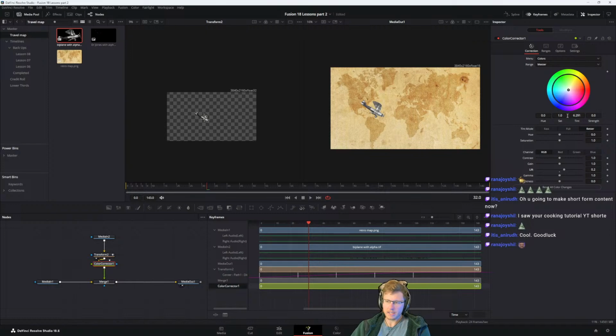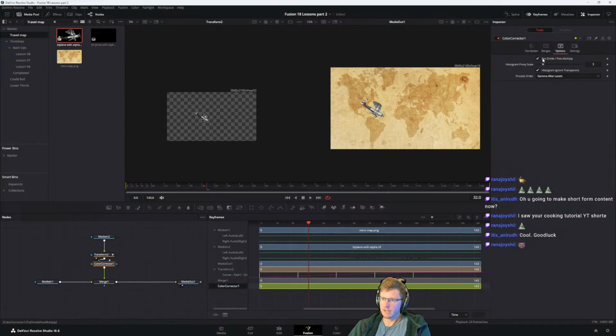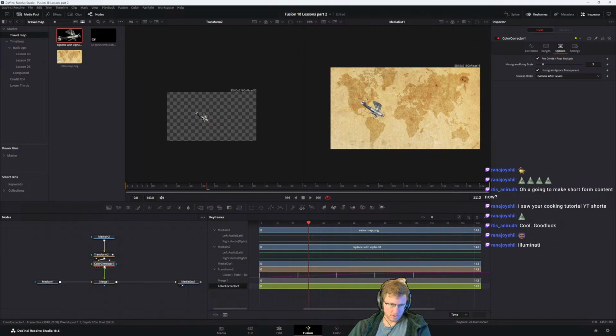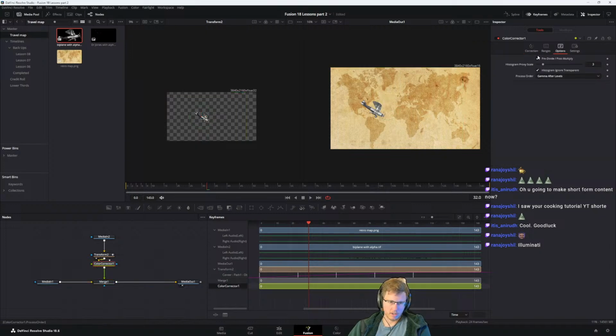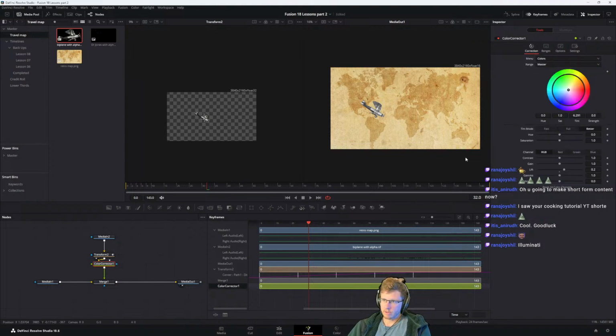Okay, so going into options here, pre-post multiply fixes that issue where, since this is a merge and we're doing a color corrector, it was applying the color corrector to this media, which we didn't want. So by going into options here, pre-divide, post multiply, it's only going to be applied to our